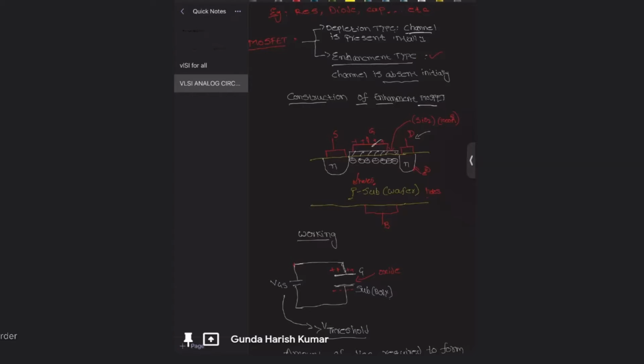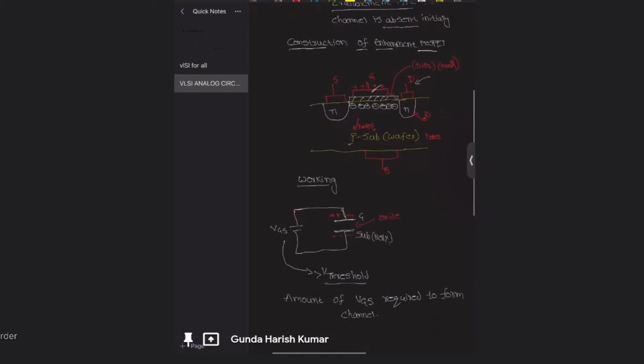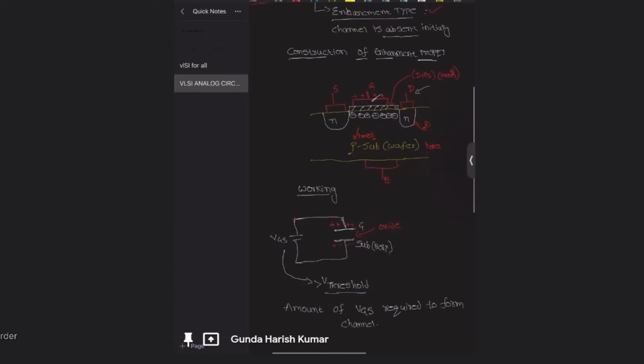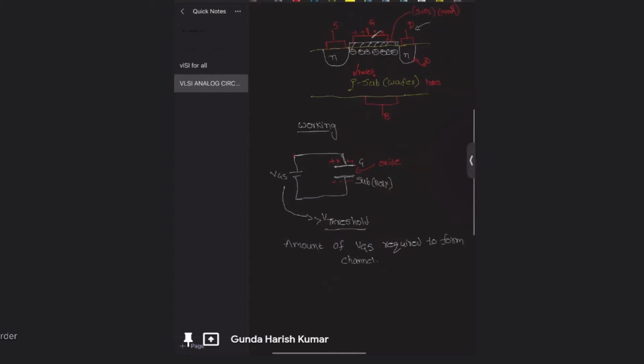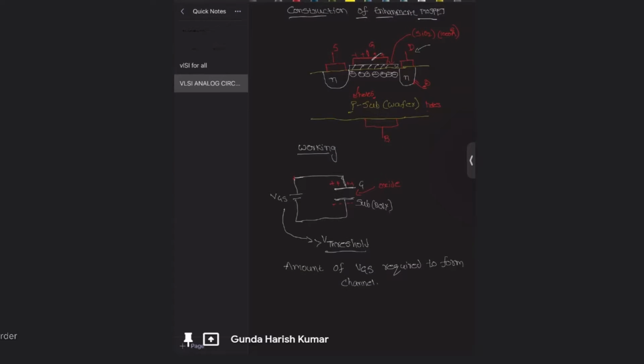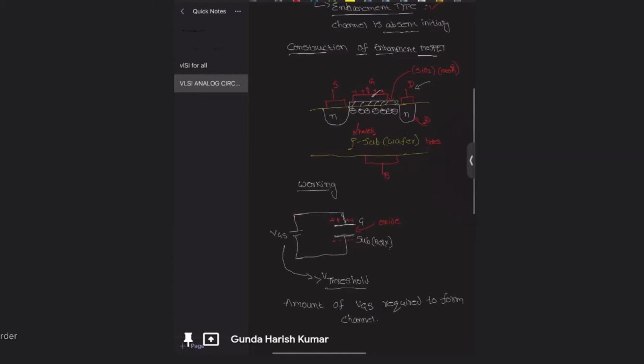Generally, in an N-type MOSFET, current flows from drain to source. So if the channel is present, the current flows. If there is no channel, there is no movement of current or electrons. So in this way, the channel is formed. If you apply a voltage greater than the threshold voltage, the channel is formed. Now, if you apply a voltage between drain and source, the current will flow according to that equation,